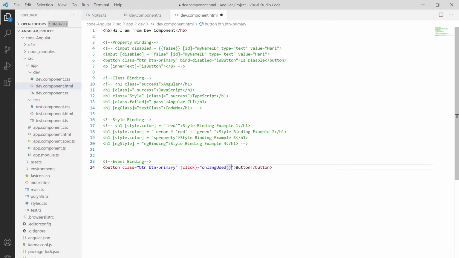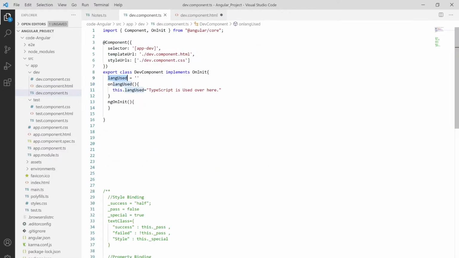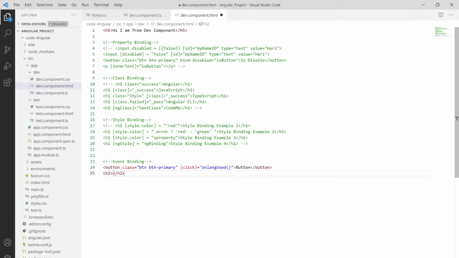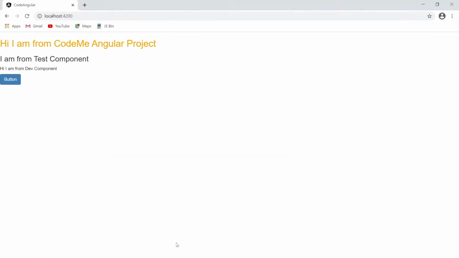Let me save this, but we also need to import that string. So I'm using an h1 tag, or say an h2 tag over here also, and I'm importing this string langUse in the form of interpolation. I paste this, save this and move to the browser.